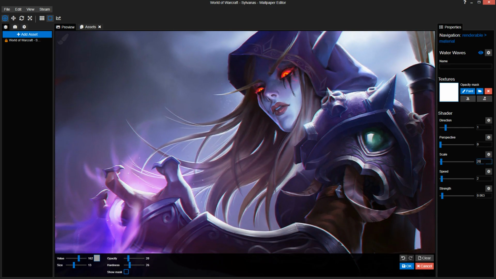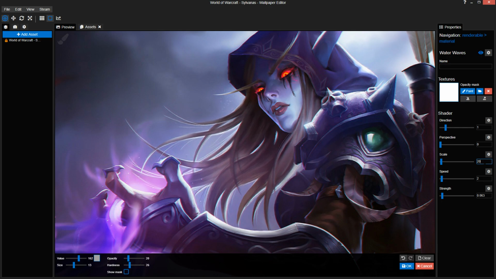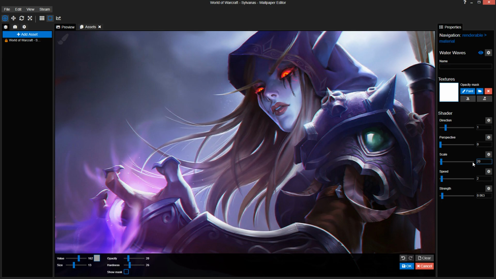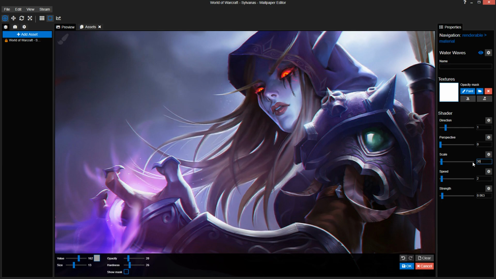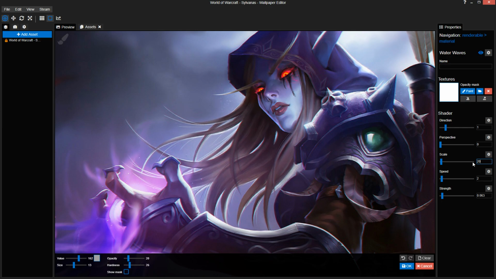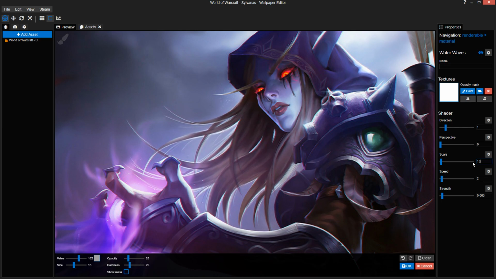So increasing the scale is basically increasing the amount of wave that's actually in the hair. So if I change this, for example, to 200, that's gonna look weird, and you can get this really high. So usually you're going around between 20, 30, which is already creating two waves in a single strand of hair. I'm not sure if you want that. Some people do, some don't. You can also go with 40, but it really depends on the hairstyle. I usually go with around 20, between 15 or 25. One of those values. It's usually just testing what feels right, what doesn't. I think I'm gonna go with 25 here.